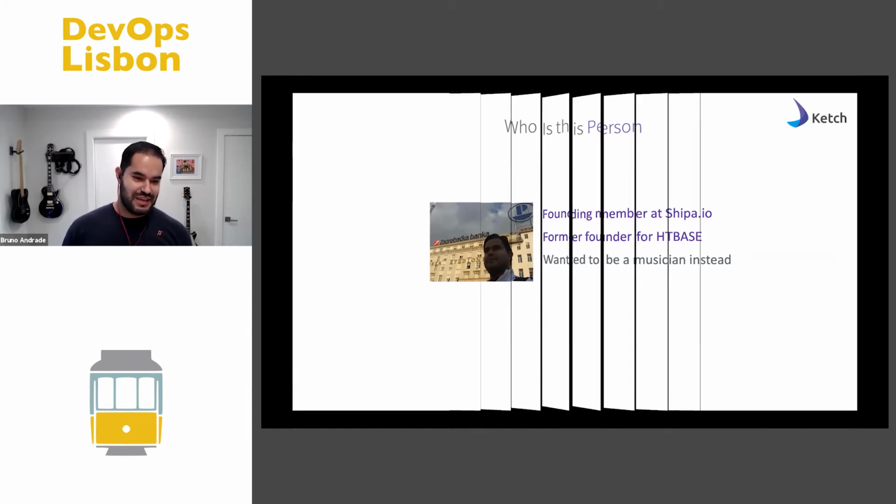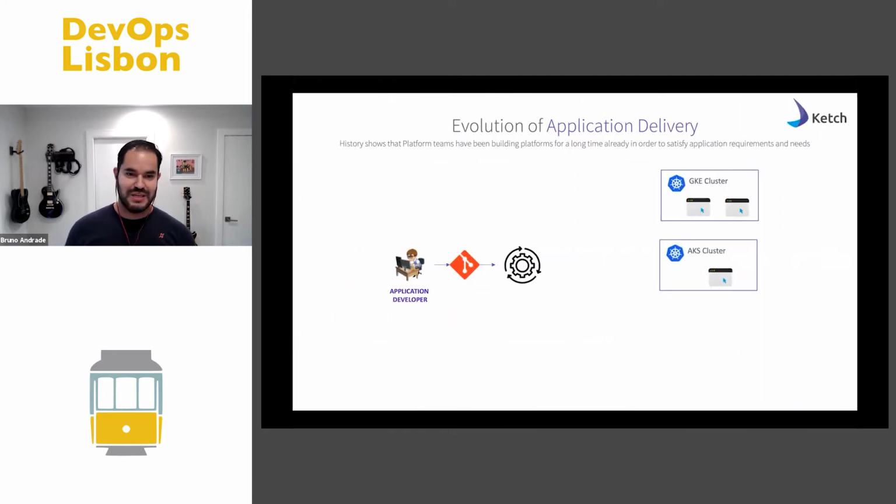And when we look at Ketch, it's funny because a lot of folks are now asking us, we should have a project, a command line called catch up, just to be a catch up. We'll get there. But the reason why we started Ketch and we open sourced Ketch is that it is a part of Shipa that we decided to open source.